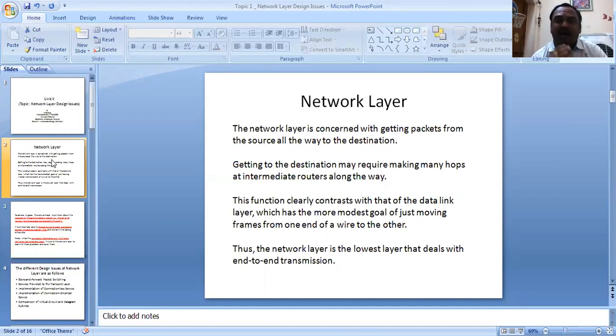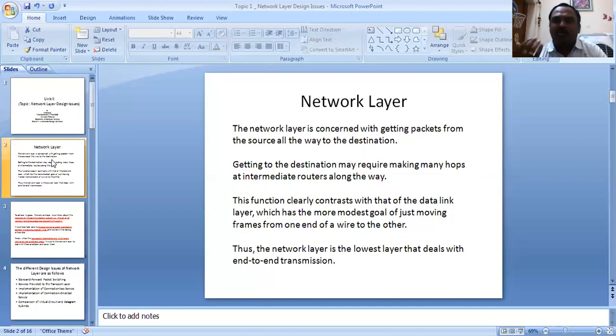And the data can be transferred in n number of ways from Bowen's College to ECL Crossroads. So which way is taken is decided by the network layer. The network layer is going to decide which route should be taken, because we have multiple routes from Bowen's College Sainikpuri to ECL Crossroads.